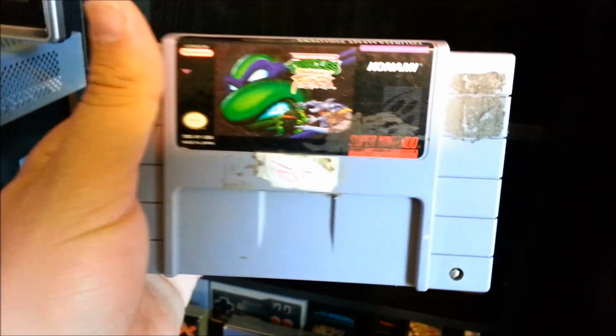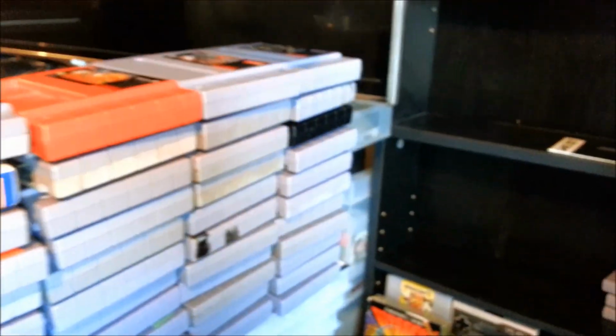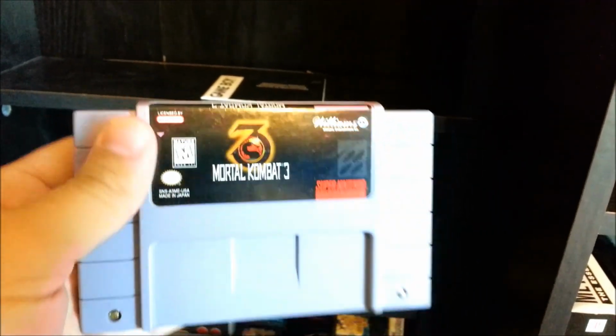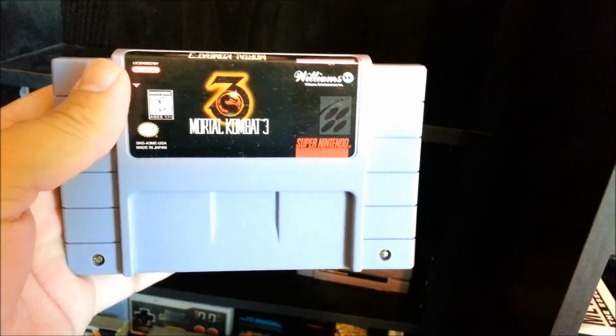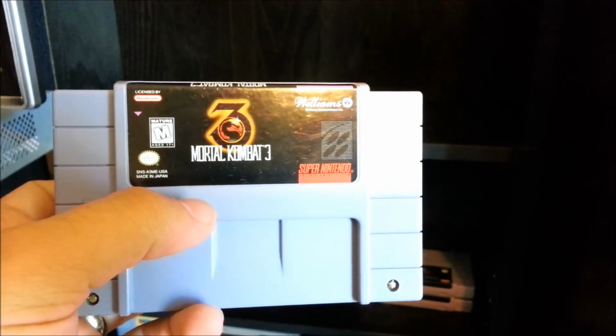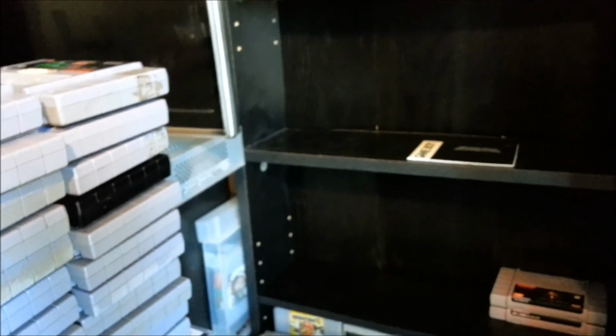Turtles Tournament Fighters. It's like Street Fighter, but with the turtles, so it's pretty cool. And I actually got a chance to play the Sega version the other day at the store, and they were totally different. Now here's the Mortal Kombat 3 I was telling you about, the non-extreme fighting edition or whatever it was called. And I don't even know what the differences are, but the guy at the game store had the other edition for sale for like $30 for just the cartridge. And I looked it up on Amazon, and you can get a mint copy for like $8. I don't know what he's thinking, pricing it at $30, but...